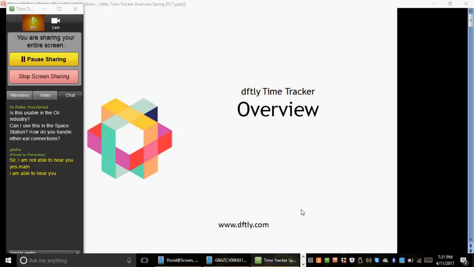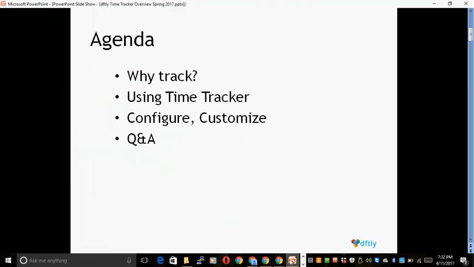I'm going to start with a very basic presentation and then switch to the actual product and the handset app both, right? So what we're going to be doing during this, here's a quick presentation: one, why track time at all; how you would use the time tracker, including the new features that we have in the Spring 2017 release; some little bit of detail on how you can configure and customize two elements that you would want for yourselves; and then a Q&A session. So that's what we plan to cover in here, right? So going forward,